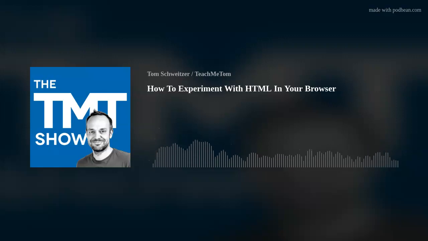If you want to take a look at HTML and maybe want to write in an editor and see the corresponding HTML source code, as we call it, meaning you see your text plus the HTML text, you can go to teachmetome.com/HTMLtext. That's written in one word, so HTMLtext, and it will forward you to a text editor website